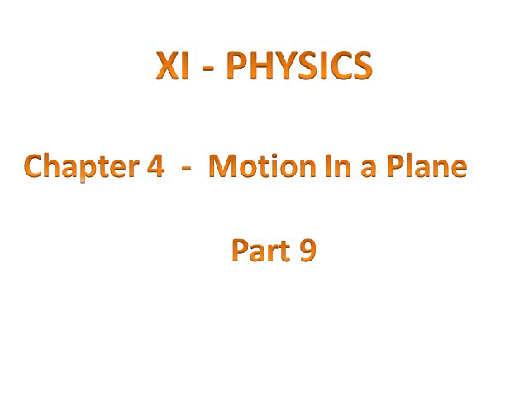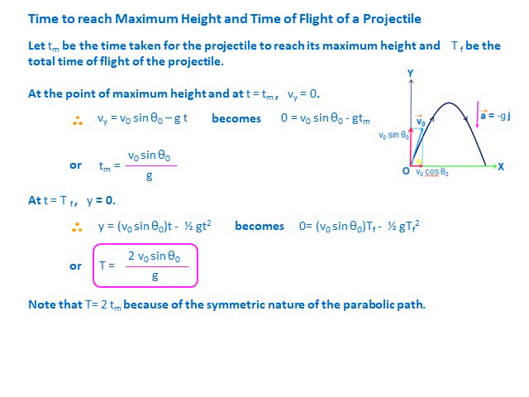Let's continue the projectile motion. Here we have to find out the time to reach maximum height and then the time of flight of a projectile. Time to reach maximum height means the time taken from the starting point to the topmost point. And time of flight means the time for which the projectile is in air, from the starting point to